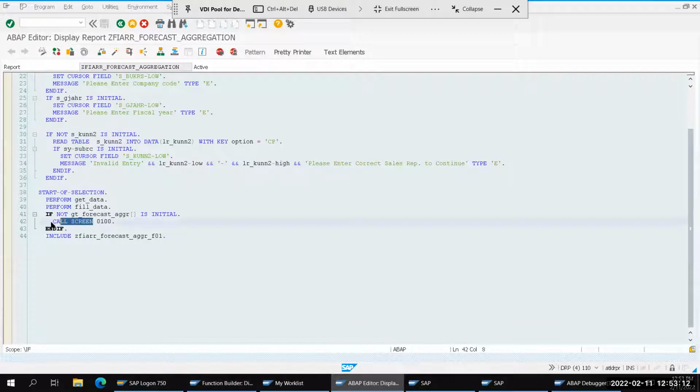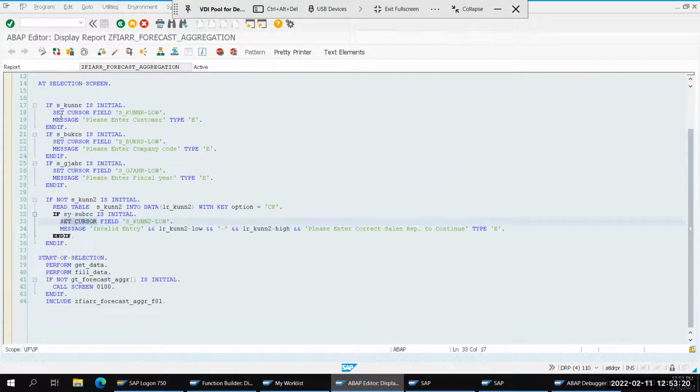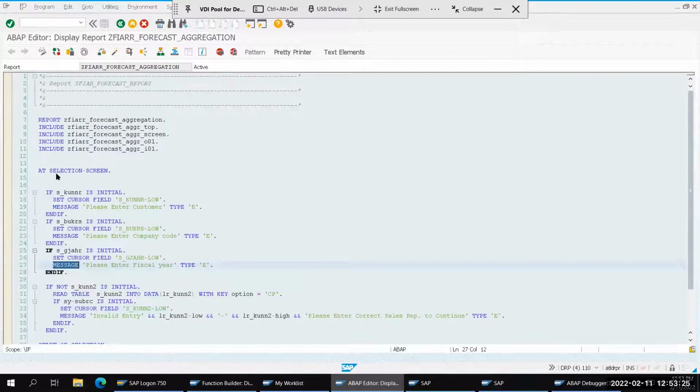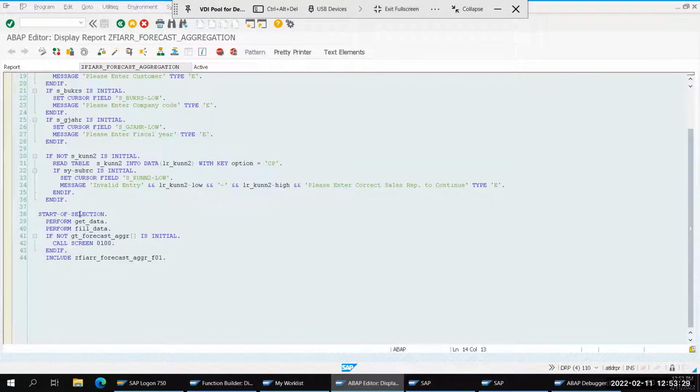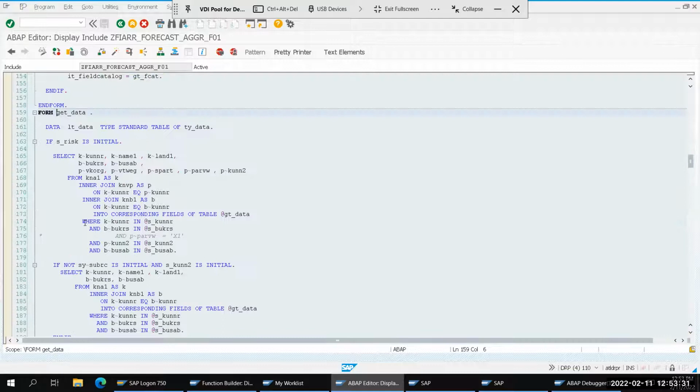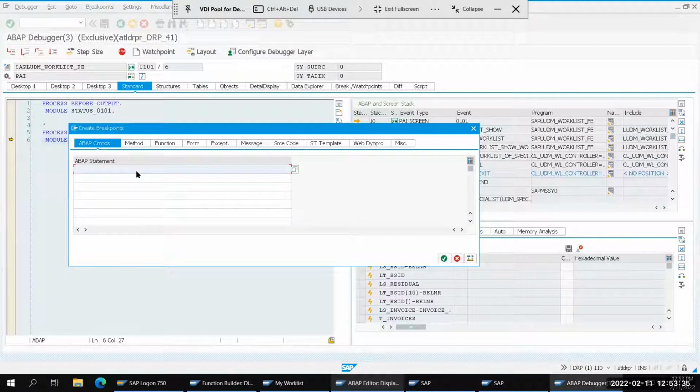So full screen, these are nothing but commands. These are the above commands, this one or this one, or message. These are the above commands. Also add selection screen, or select performs, or the select queries. These are the above commands. So here, if I put the call screen, I'll put call screen,